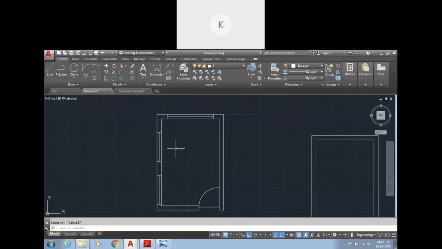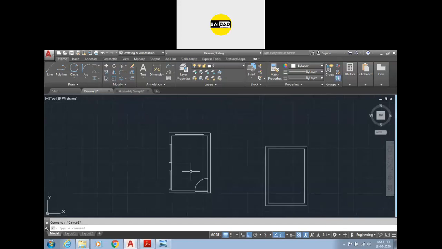So you can create a plan like that. Now if you have some plans, you can create the drawings also. You can practice them also. Okay, this is the basic plan. You can create any plan like this. If you know how to create a single room, you can create everything.